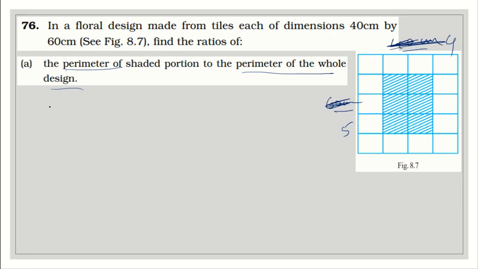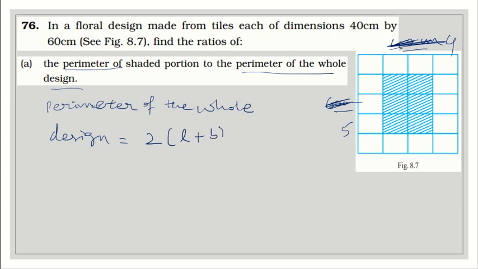Now perimeter of the whole design, it is 2 times of length plus breadth. Why 2 times of length plus breadth? It's a rectangle shape. So 2 times of 5 plus 4 units, which becomes 18. Okay, 18 units. Now what is the perimeter of